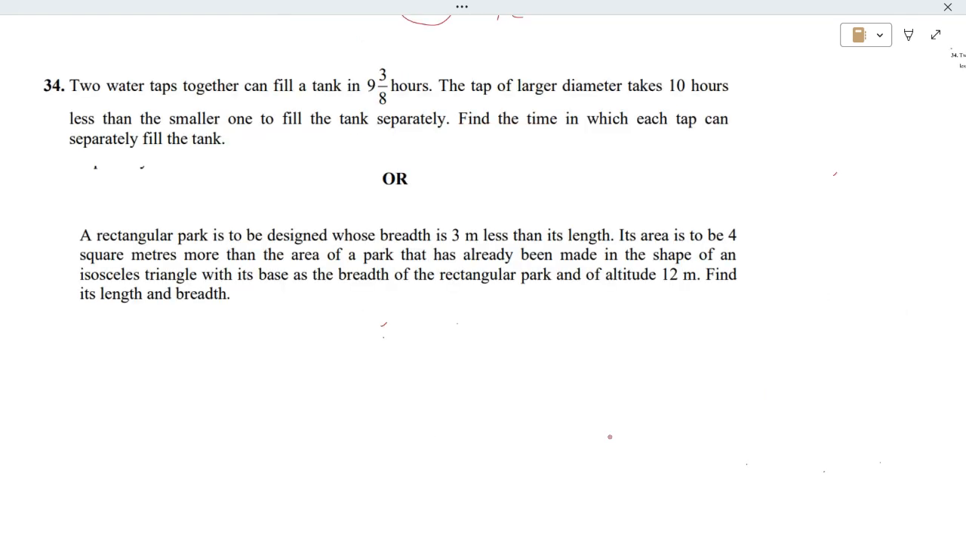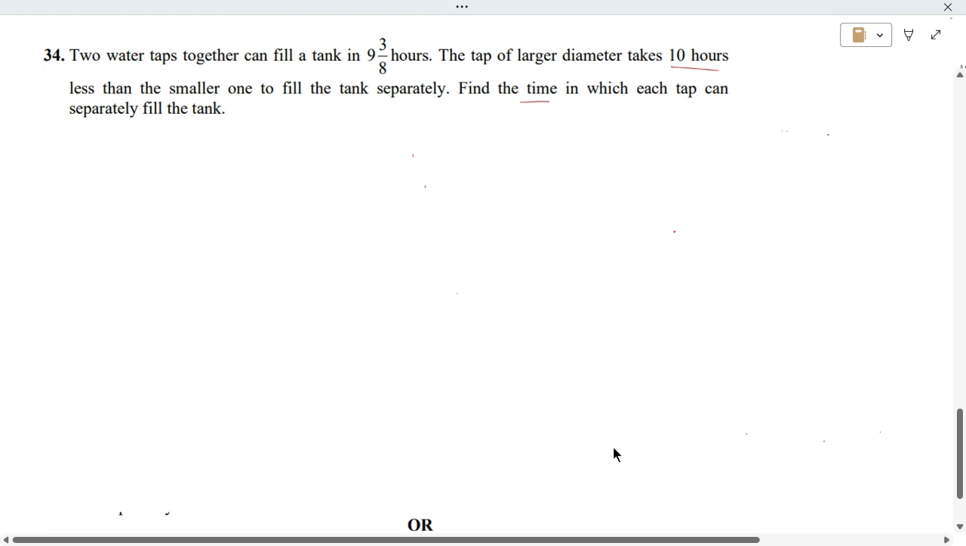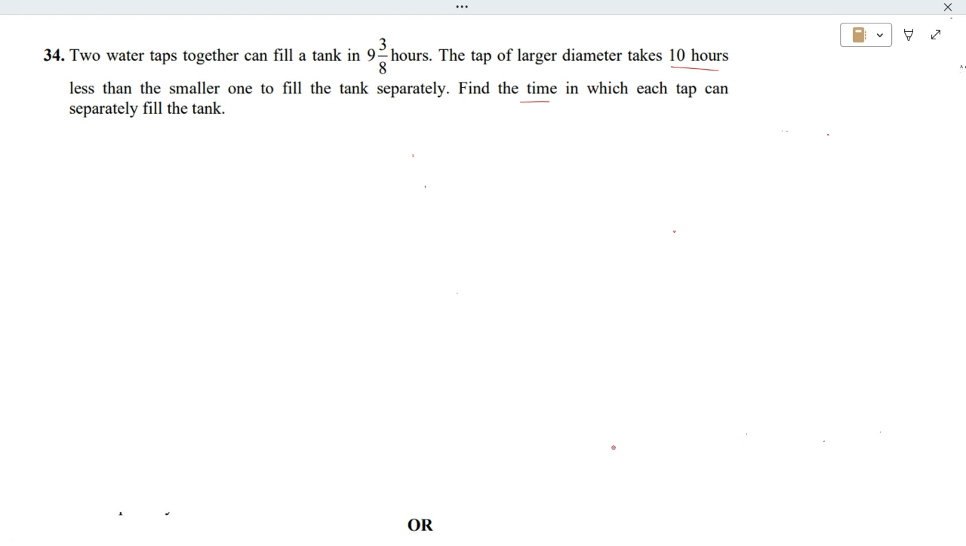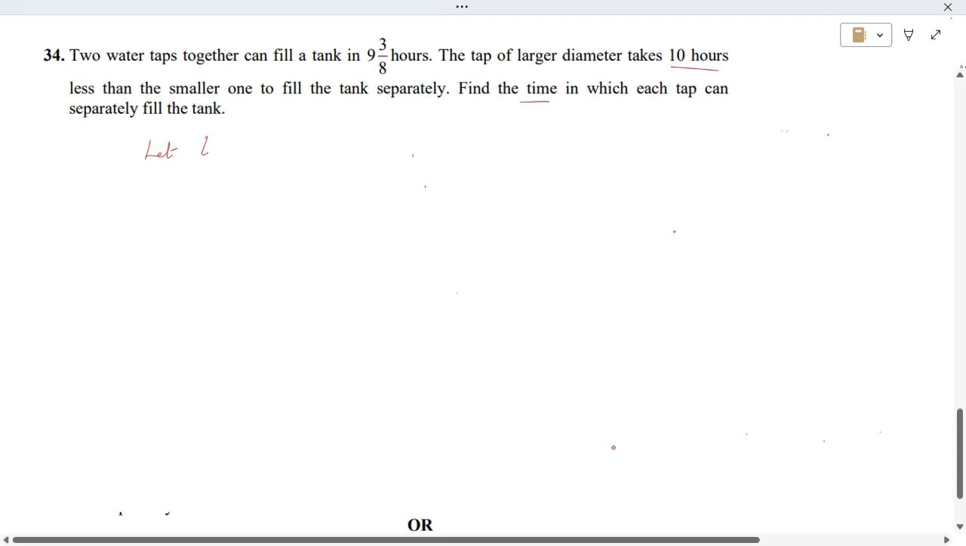Let's do one by one. Two taps together fill a tank in 9 3 by 8 hours, isn't it? The tap of the larger diameter takes 10 hours less than the smaller one to fill the tank separately. So there are two taps with different diameters. One is smaller and one is larger. And they take different times to fill the tank respectively, isn't it? So let me take the time